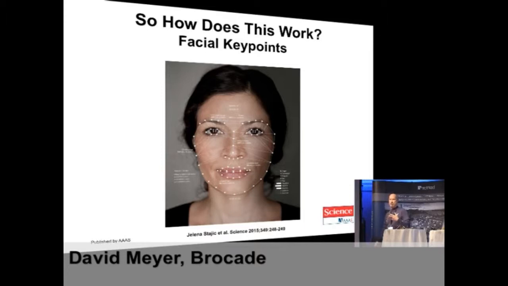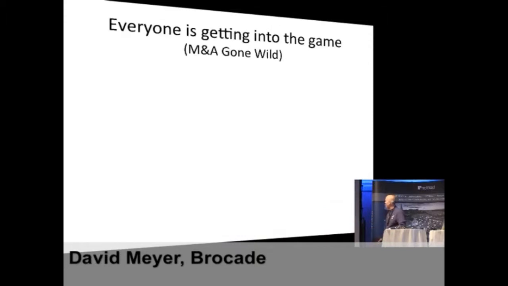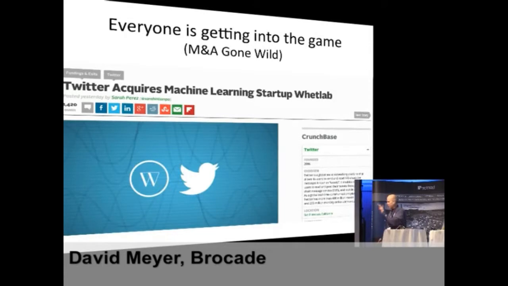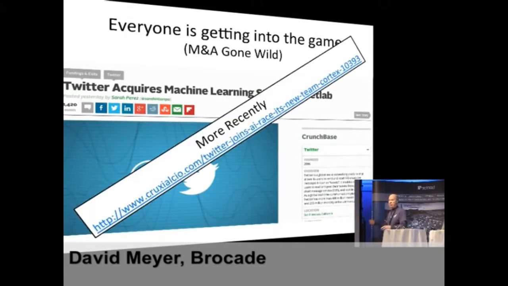This is also used for advertising. What do you call it? When you do a Super Bowl commercial, you get a focus group and then you interview them afterwards. Now they use this technology and you don't have to talk to them. You just know what they thought, right? With some probability. And everybody's in this game, Twitter, everybody's opening their own AI lab.